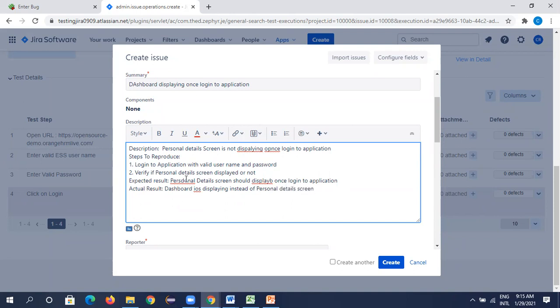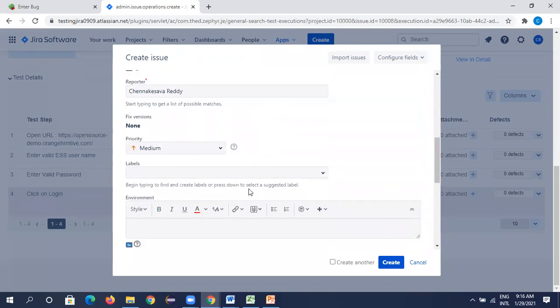Okay, so this is how you need to write the steps to reproduce, and more if you want to add